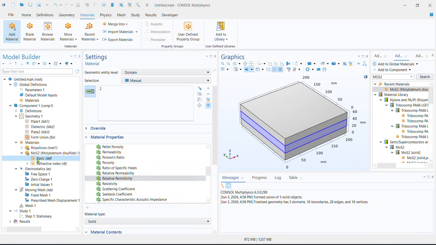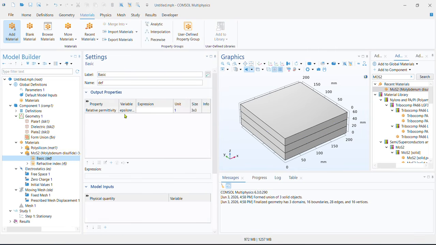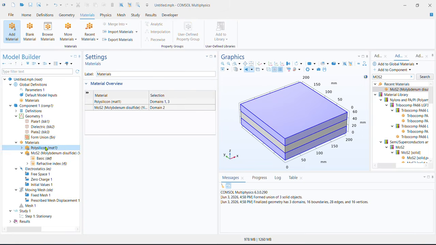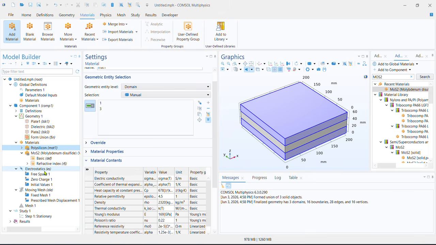Now you can go to the basic properties of the material. You see there is relative permittivity added. I want to make sure that this is 7.1 because the relative permittivity of molybdenum disulphide is 7.1. So once you have made sure of that, you have basically created the parallel plate, the dielectric, and the materials are properly assigned, right? Now you can go to the moving mesh option,